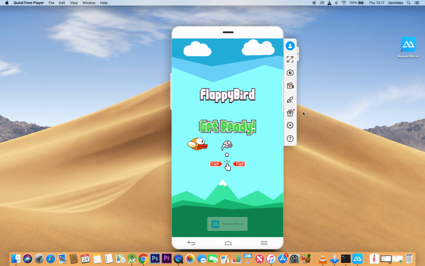So this is the game that we're going to be building. It's a classic Flappy Bird game. We're going to have a main screen here which says get ready, and when the user taps, the game actually starts. So as I said earlier, the graphics, I have provided them, but I will show you in the game